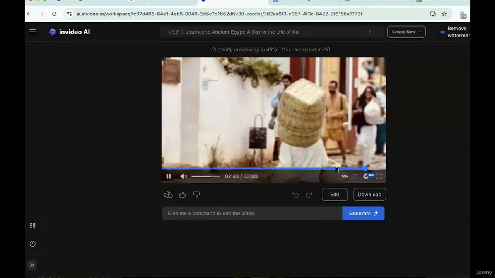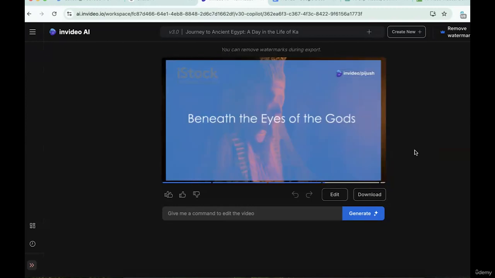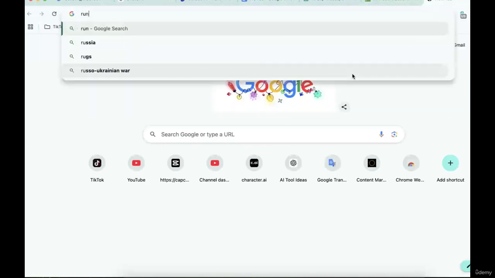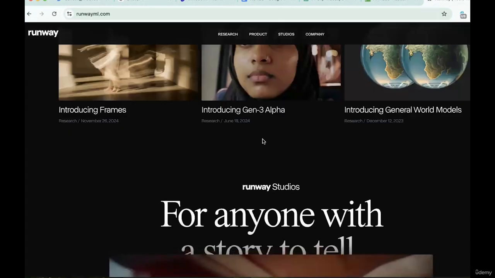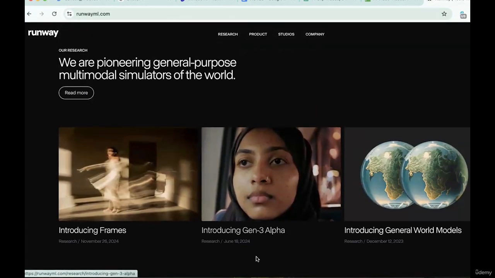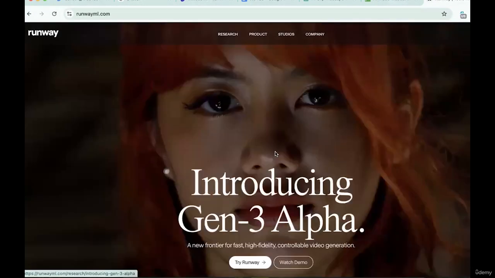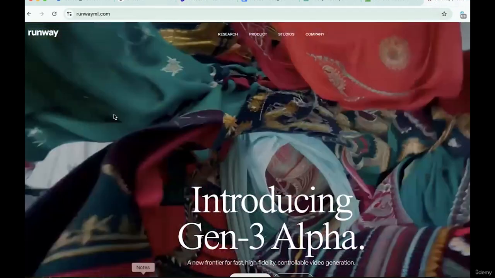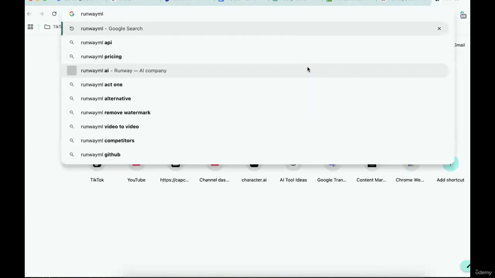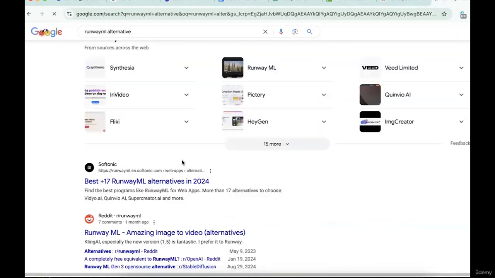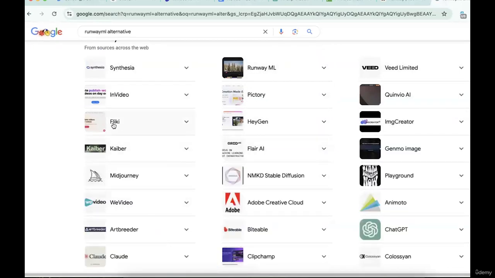So this is the video we just got from InVideo, but there are other tools in the market. You can see, let's say, Runway ML, for human imagination. This tool actually helps us to animate an image into video. There are many other tools in the market. You don't have to worry about it. You just search on Google for Runway ML alternatives. These are all alternative versions. This is another, Fliki, Pictory,